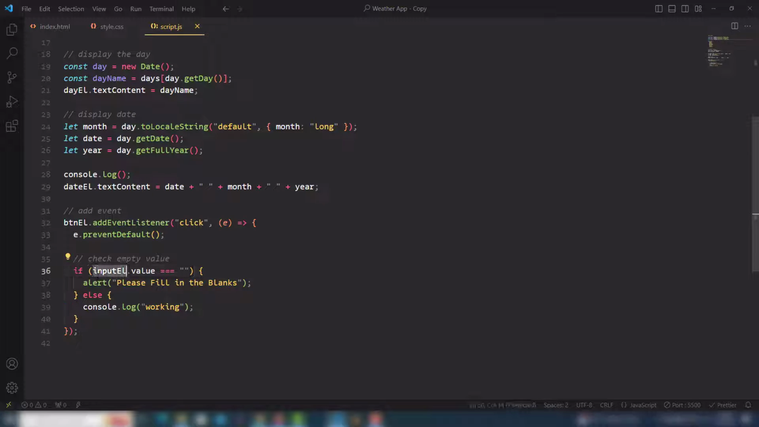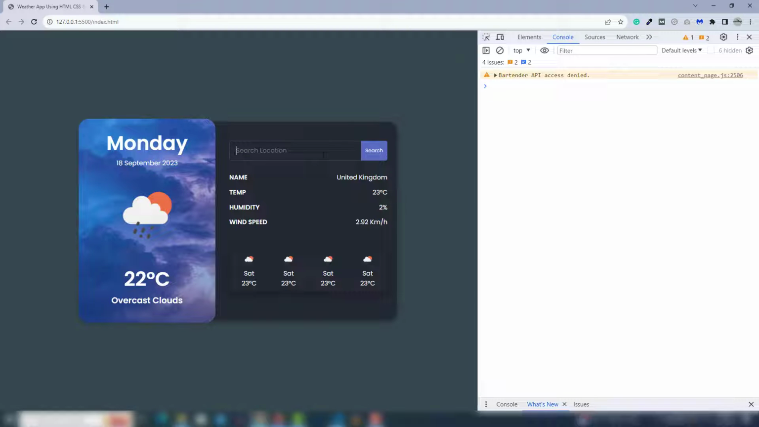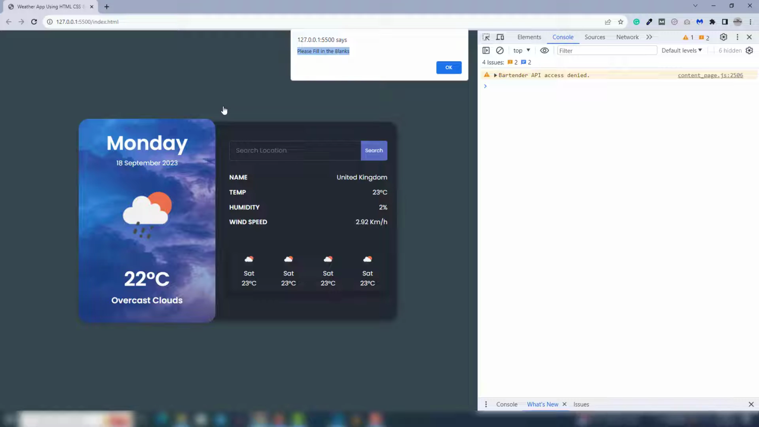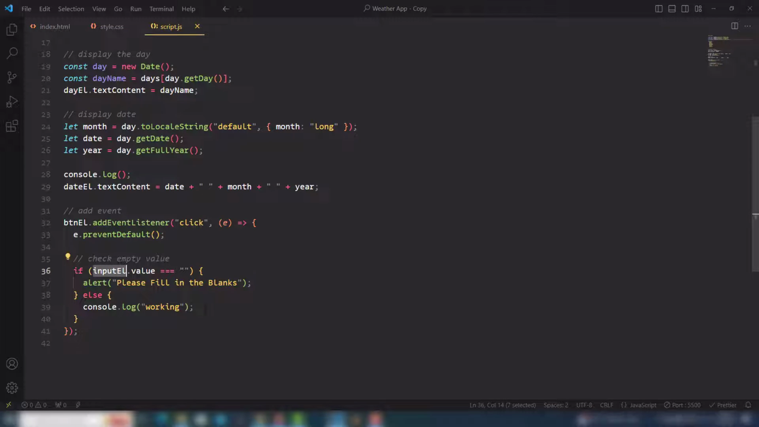So by the way, this is the input field, like this one. When user will enter something on there, then you are able to see working. Otherwise, when I click on that, I'm able to see please fill in the blank, right? So I need to use opposite of that. So I'm going to use exclamation sign, means this code will execute when it will false. So inside there I will use that,